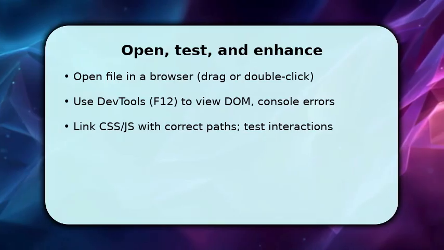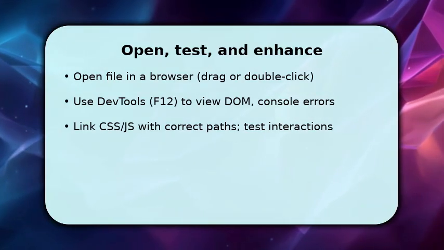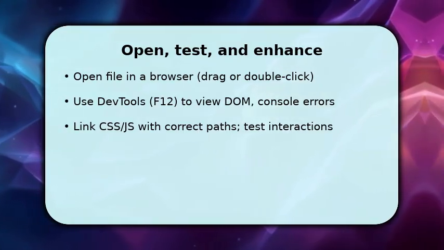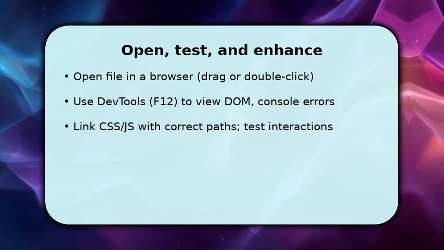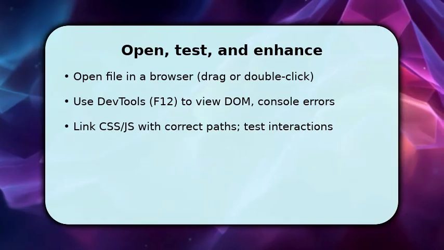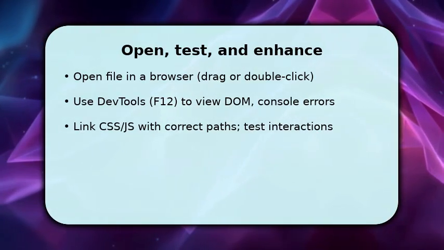You next open the file in a browser to activate the markup and inspect behavior. Drag index.html into the browser or use File Open, then press F12 to open DevTools and watch the DOM and console for errors. Once done, link external CSS and JS using correct relative paths and refresh to confirm styles